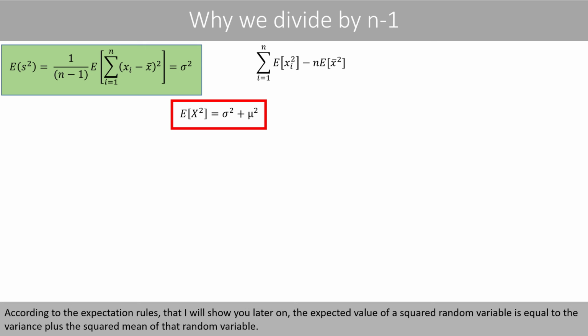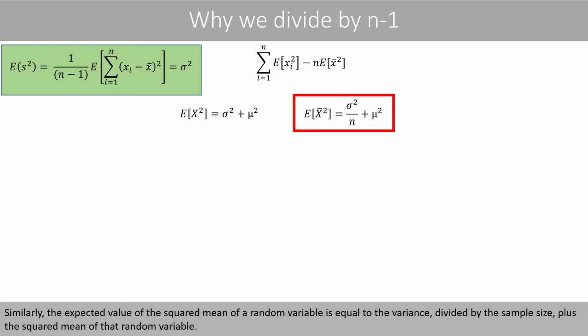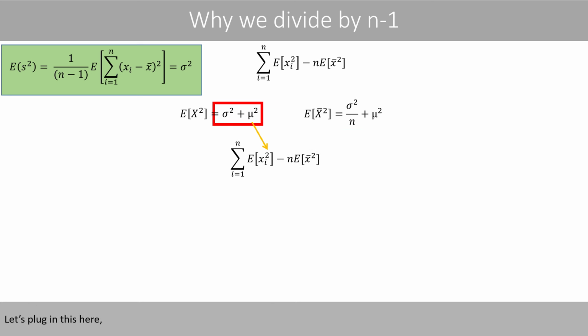According to the expectation rules that I will show you later on, the expected value of a squared random variable is equal to the variance plus the squared mean of that random variable. Note that I here use uppercase X because we now talk about a random variable and not a sample. Similarly, the expected value of the squared mean of a random variable is equal to the variance divided by the sample size plus the squared mean of that random variable. Let's plug in this here